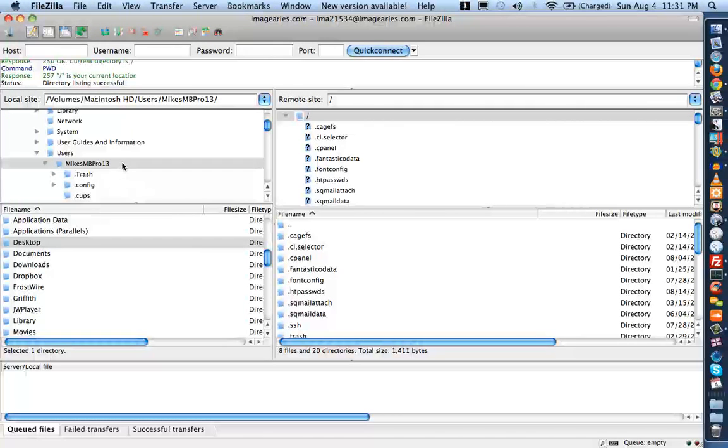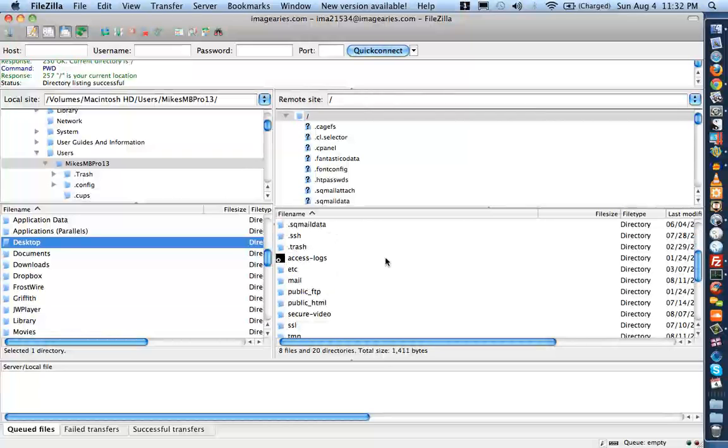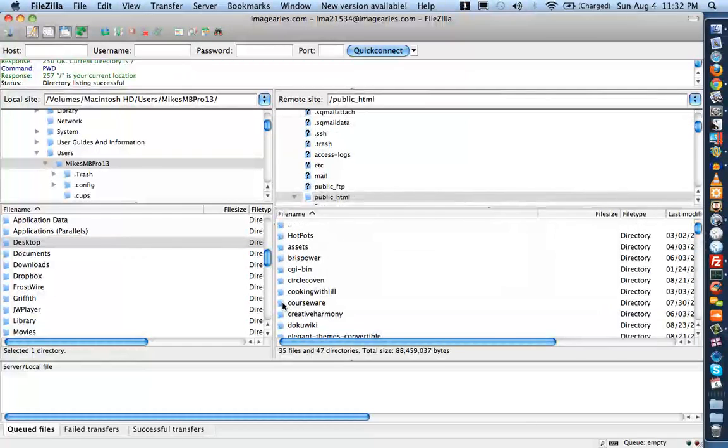And you will have been given FTP access information to your website as well. So now this is not a demonstration of how to use an FTP program, but I can tell you that it's far more convenient to use than anything else for managing files on your website. So on the left hand side here I've got my local computer, and on the right hand side I've got my remote computer where my website is. And as you can see, if I go to the public HTML folder I should say,